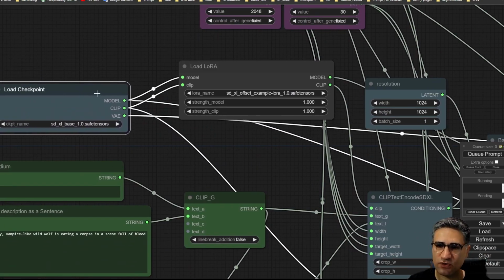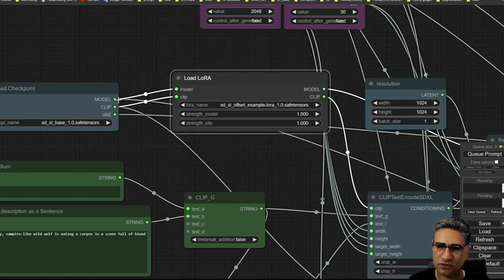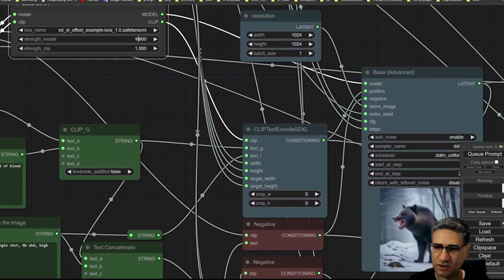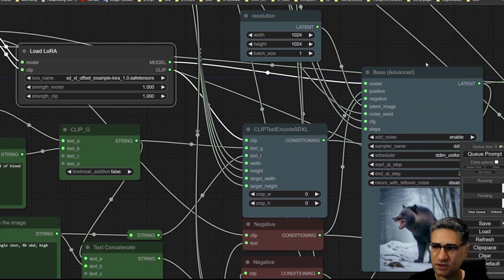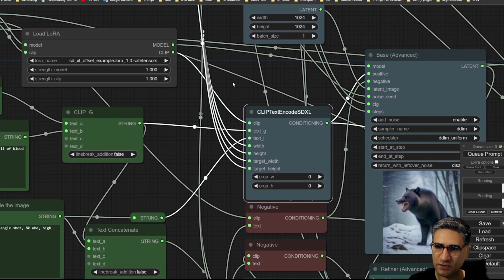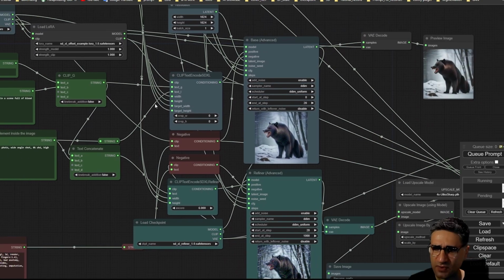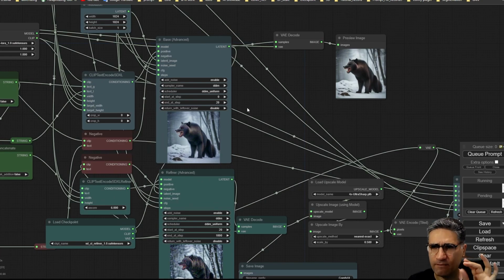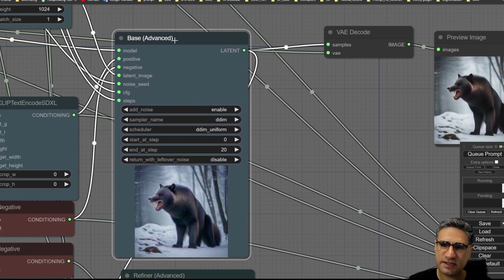Okay, this is my checkpoint. The checkpoint is connected to Lora, both model and CLIP. The Lora is loaded, and the model is connected to the sampler and also the CLIP text encode. First, I want to explain all the workflow, and after that, I will delete all of these nodes, and we can create all of them one by one. It could be very easy. Okay, for the base